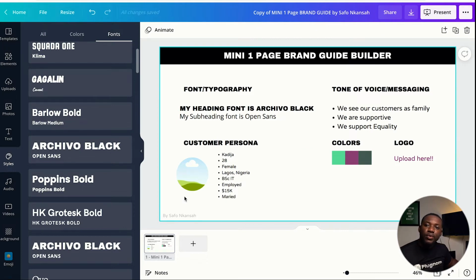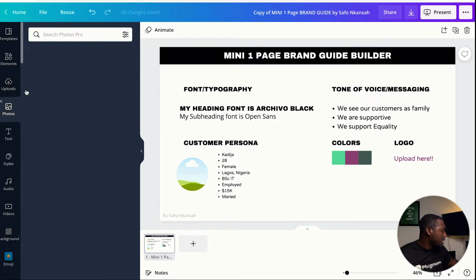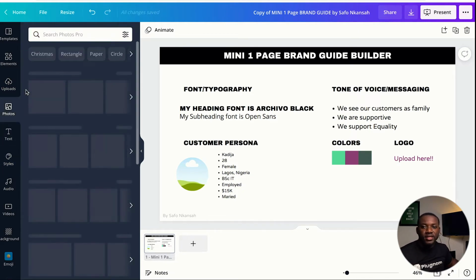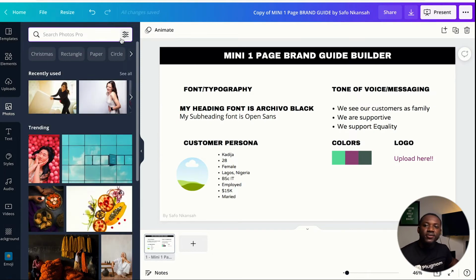It's also advisable to add an image to this customer persona. You don't have to leave it blank. Okay, it's not cool like that. So let's go in here and go to photos and look for an image for Khadija. So one cool trick, if you're looking to find free images to use on Canva, is